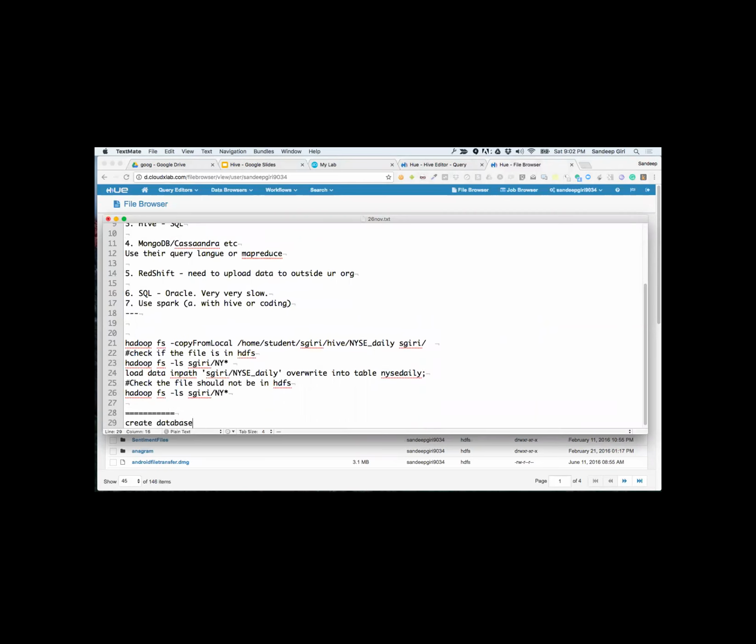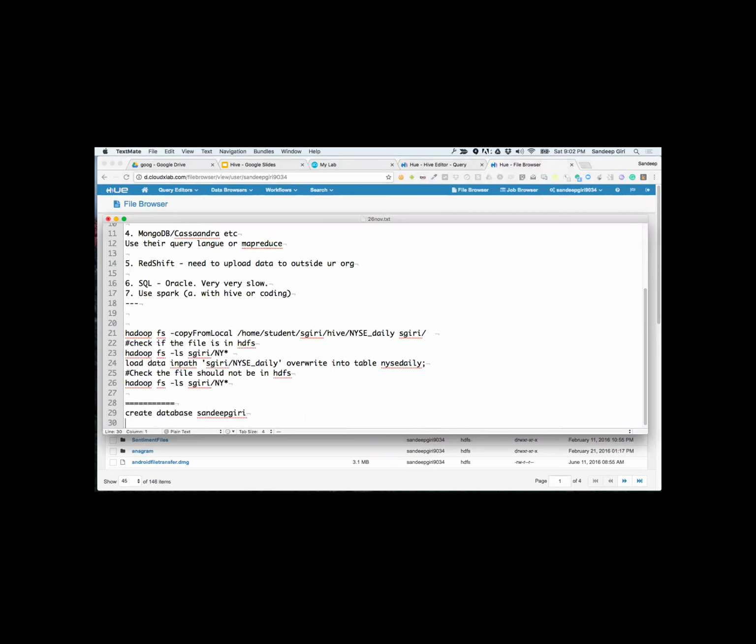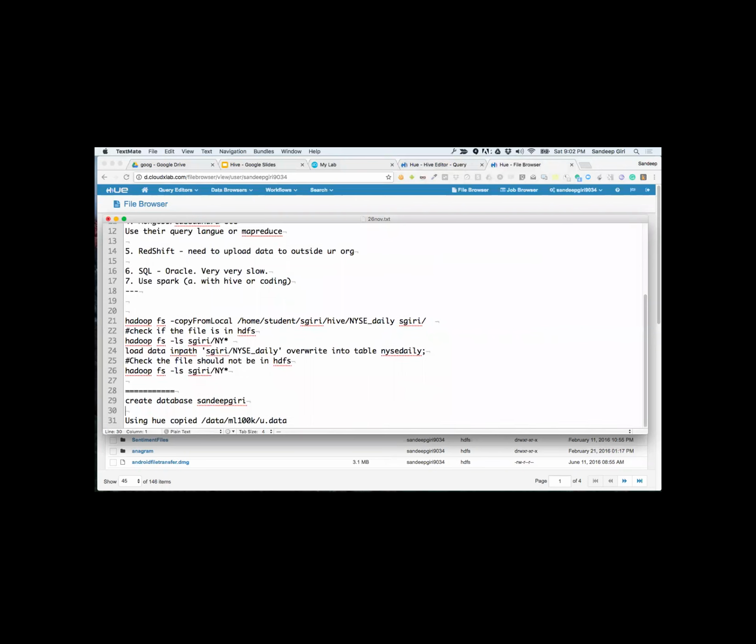Create database Sandeep Giri, that's the first thing we did. Then using Hue, we copied /data/ML100K and u.data. Before that, we could have created a directory using Hue called ML100K. So everybody has done this.